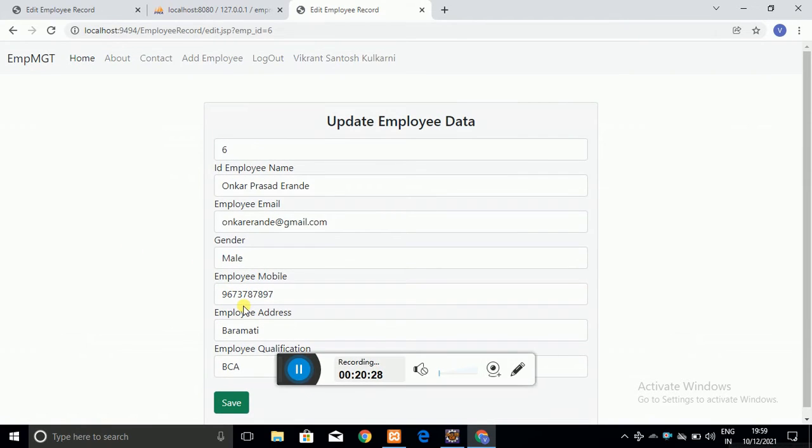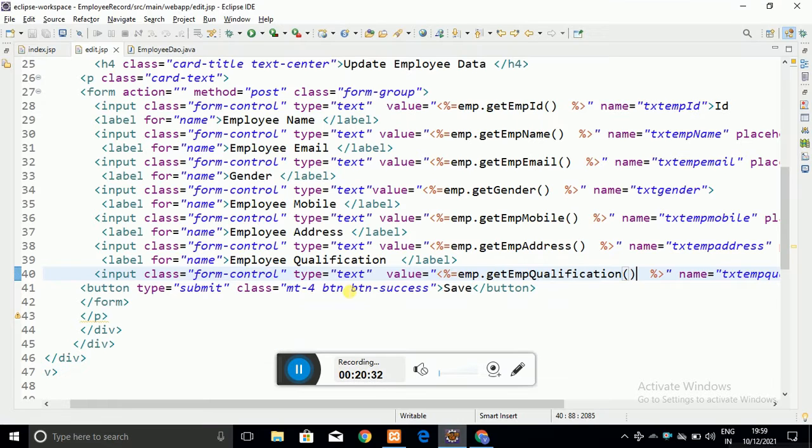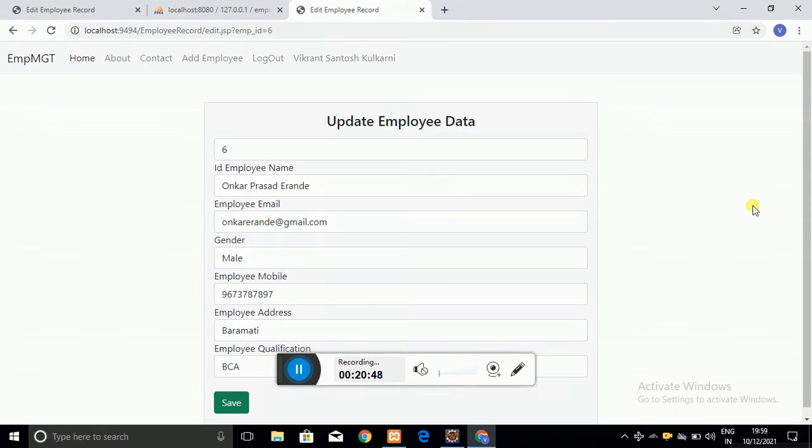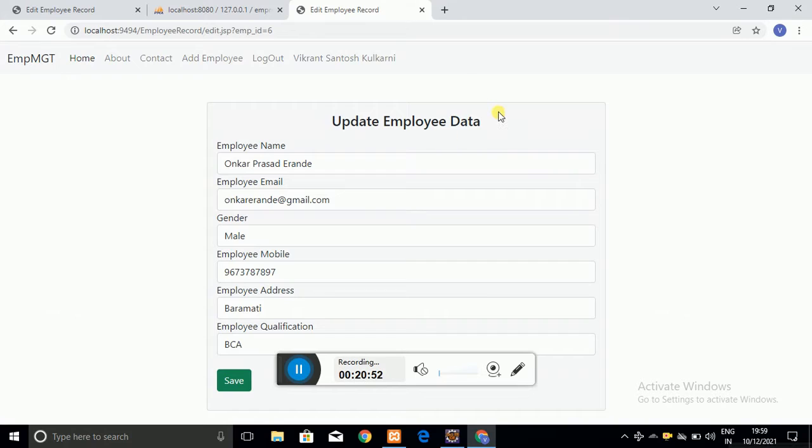Now our work is that when the user makes some changes in this form, we have to send the form data to the database and update it. First of all, let me hide this employee id field, because that field is required only for our requirement, so there is no need to show it to the user.